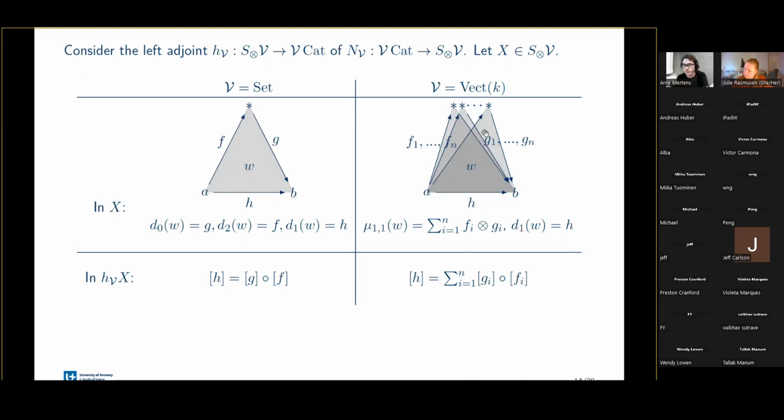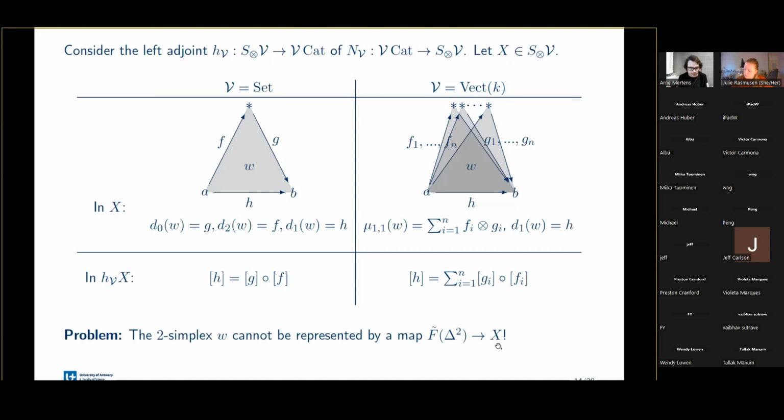Notice this looks a bit strange, right? We have a two-simplex, but the inner vertices here aren't really well defined. We can have multiple edges like so, going through multiple different vertices in the middle, but all of this is still a single two-simplex. So we need to add a little bit more freedom to make equations like this work. And this is a bit problematic, that we need these more general simplices, because one consequence of this is that the two-simplex W cannot be represented by a map from delta 2 to X.